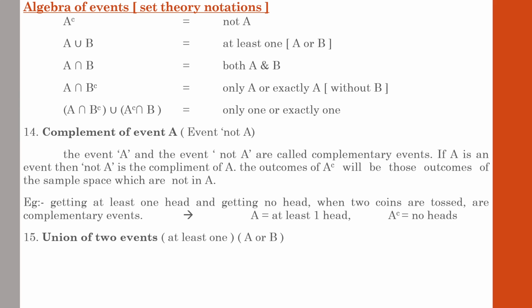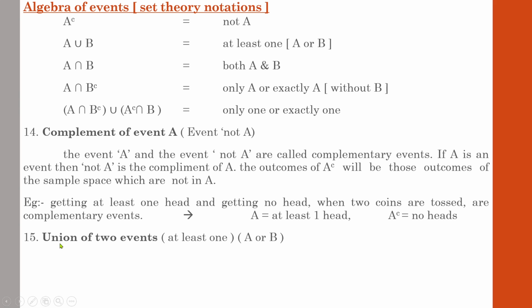Next one, union of two events. We have discussed complements and unions under the heading set theory. These are important in case of probability also. That is why we are discussing them again. Union of two sets is represented by the symbol U. The meaning under probability with regard to the union of two sets means two events. Two events means at least any of the events relating to A or B. Don't mix the concept we have learned in set theory with the methods which we are going to deal with in probability.